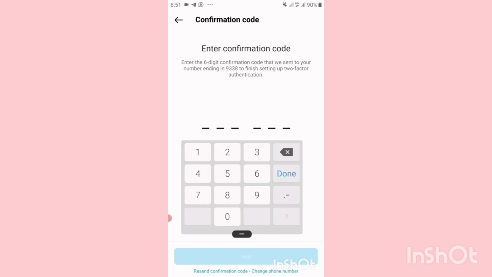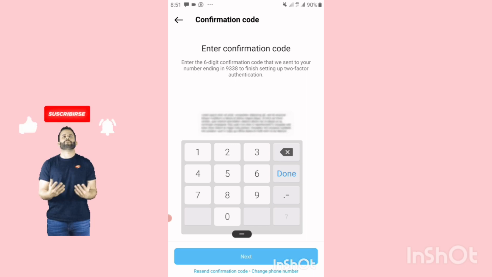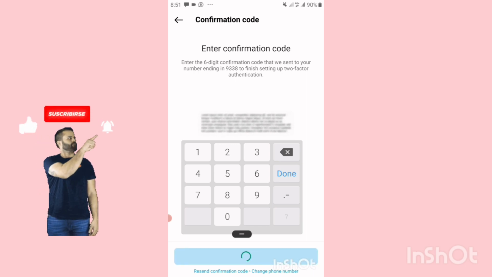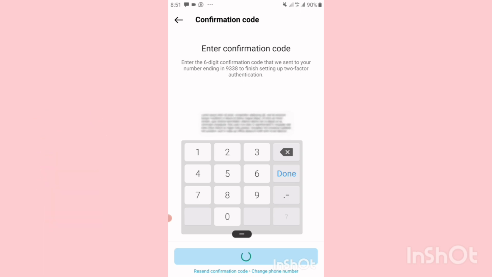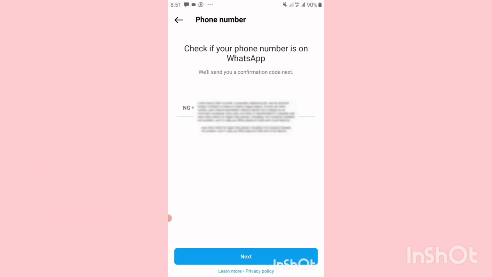Now I'll type in my confirmation code. It has been sent to me via text message. Then click on Next. Okay, now my two-factor authentication is now on,